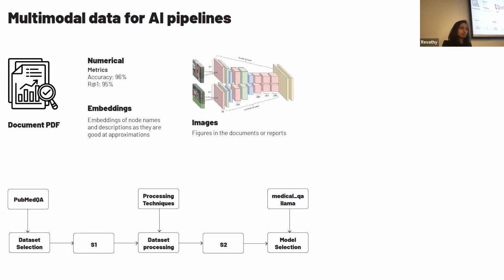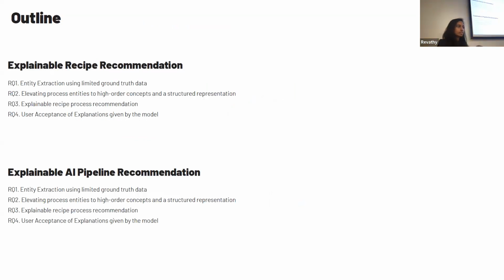We also create embeddings for the node text because embeddings are a good approximation of variable length information. So the descriptions are of variable length. So constructing an embedding for that will help us compare the embeddings or find similar entities and so on. And so given that,